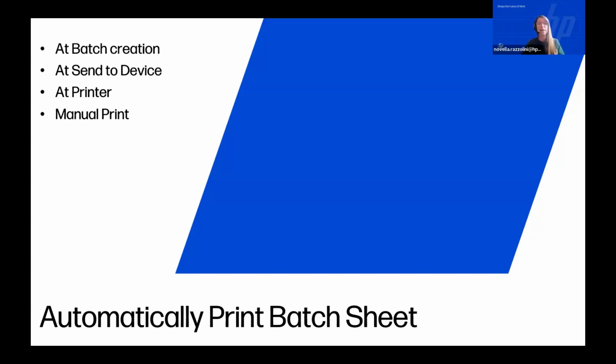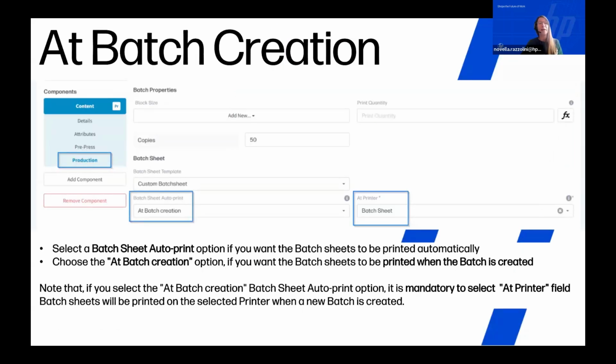So let's take a look in the details of this feature. I will be showing the 4 options available to print the batch sheet. And these are at batch creation and send to device, at printer, and then we also have the manual option. All right, so we are on the product component production section. You can choose the at batch creation option if you want the batch sheet to be printed as soon as